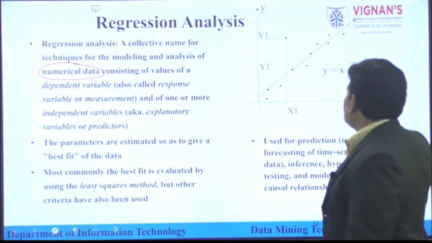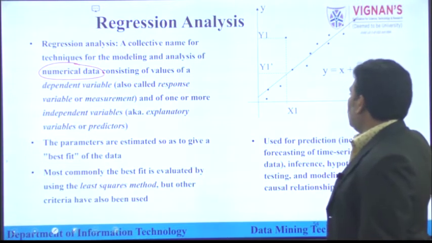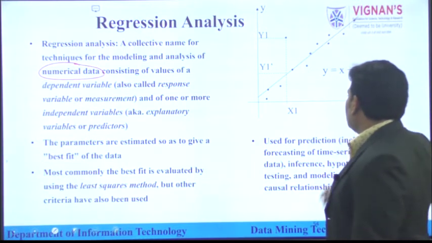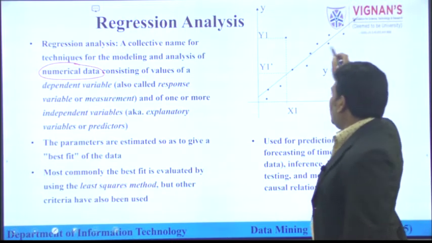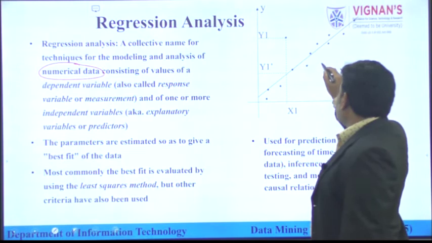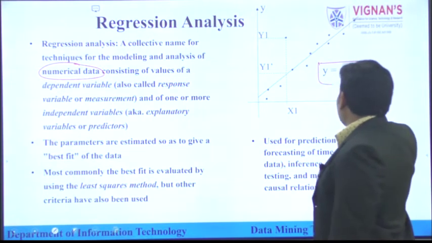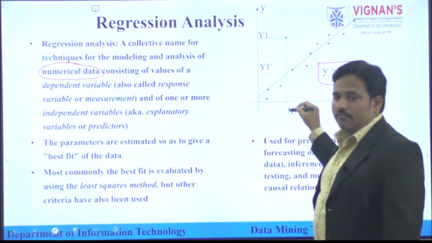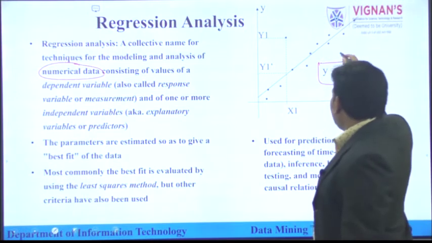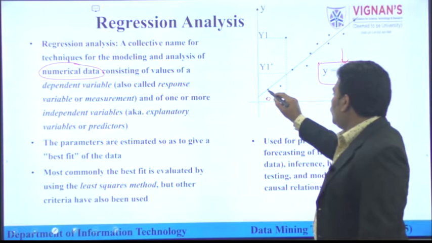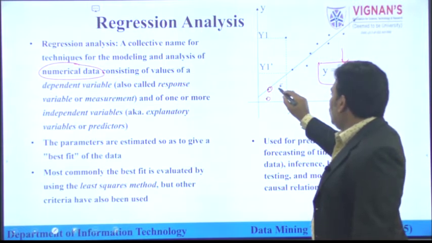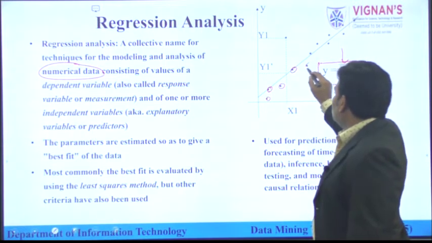Those dependent variables, we can call a response variable or a measurement. Just have a look at this graph here. In this two-dimensional space, we are trying to deploy all the values on a straight line. Here we are going to represent this line as y equal to x plus 1. All the values of x and y are going to be substituted in this equation, and we are trying to observe all the values